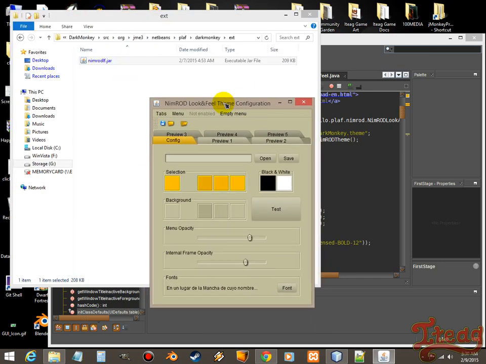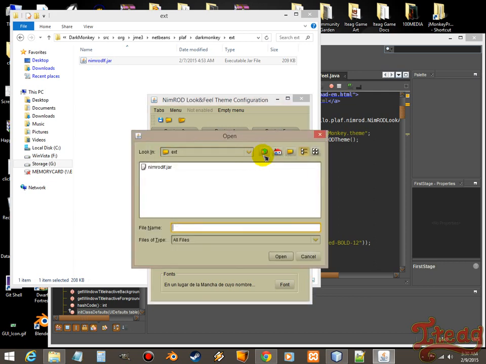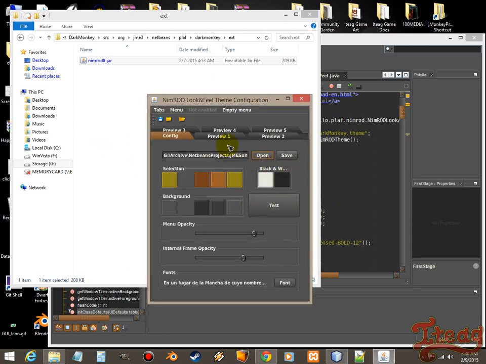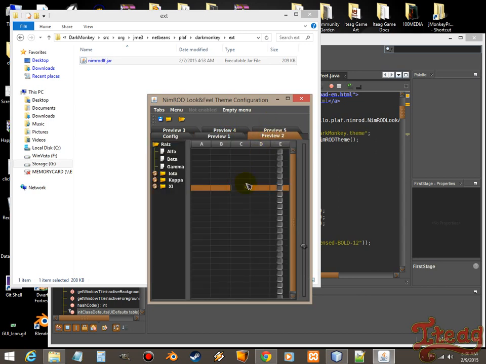And of course, as you can see, here's the typical Nimrod looking theme, and then of course when you do open, I've already got DarkMonkey.Theme as one of the files in source, and so there it is, and you get to preview how various options look. Like, here's an editable combo box, and options. Oh, that's just a text box. And what's this? That's just a text box. Oh, there's a button. So, it lets you preview the fonts and the icons that are set,